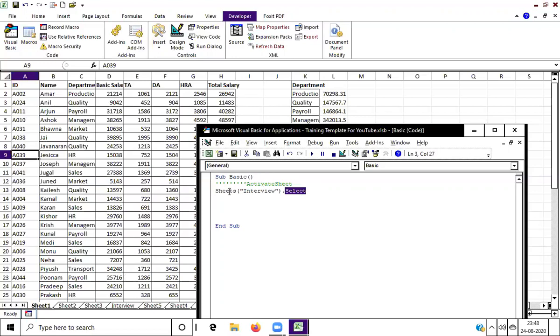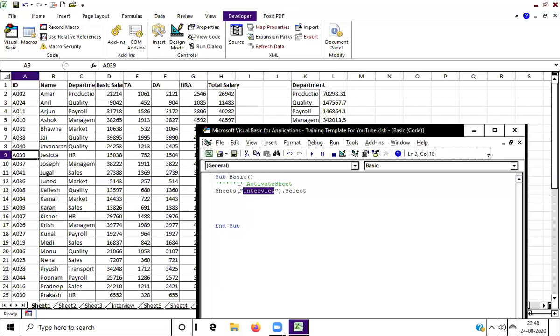So what is this? Sheets is the name of the object. Whatever first word you write, that's an object. We have multiple sheets, and among them you want to activate the Interview sheet.